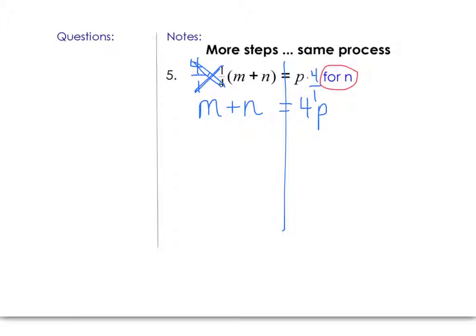I'm trying to get this n alone because I'm solving for n. If I subtract m on both sides, those m's become 0, they cancel out, and I get n equals 4p